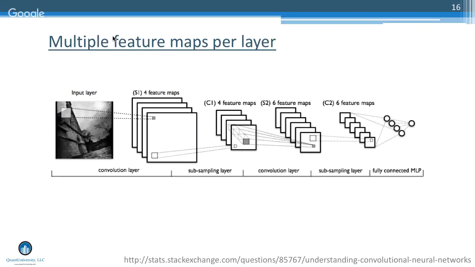Intuitively, this means one of them might learn to detect light areas, one might learn to detect dark areas, one might detect vertical edges, horizontal edges, etc. So I'm going to learn a set of feature maps. And then the next layer can look at still a small spatial area, but across all the feature maps. Here they have a subsampling step, which is like max pooling, reducing it by a factor of 4 in each direction. But then when you're going from C1 to S2 there,